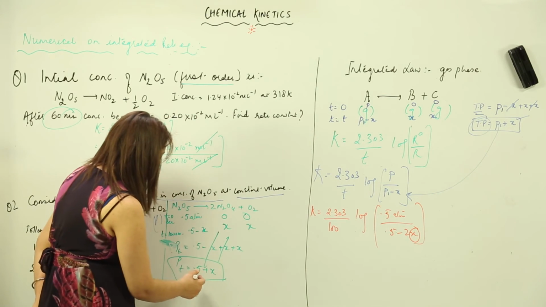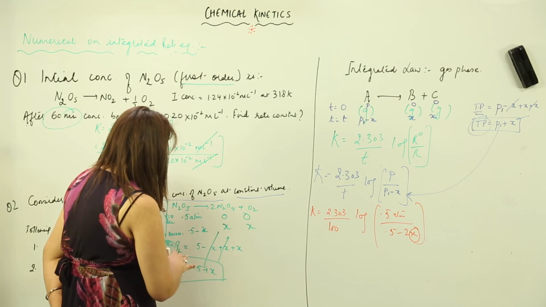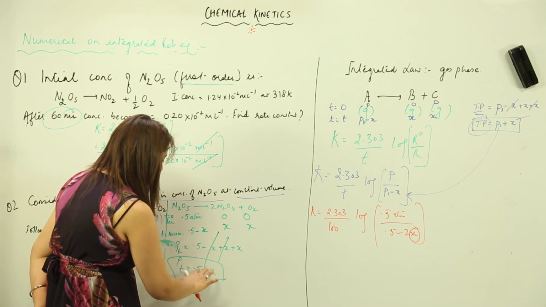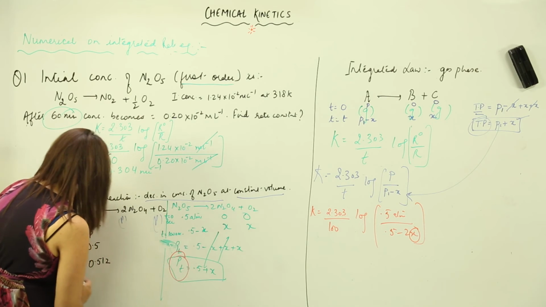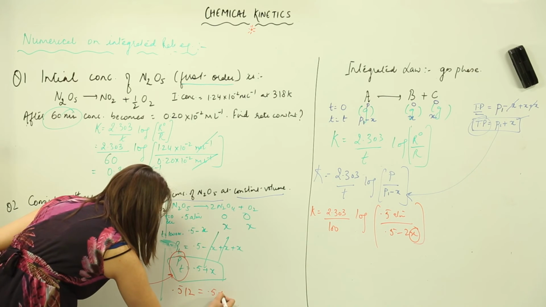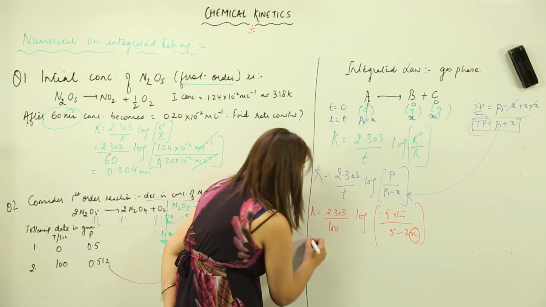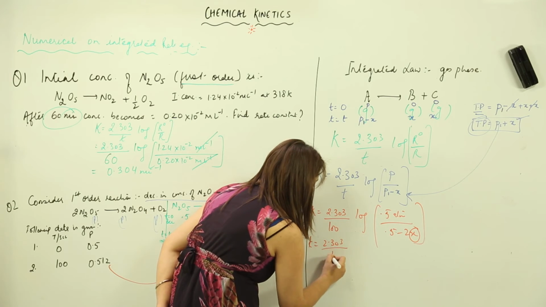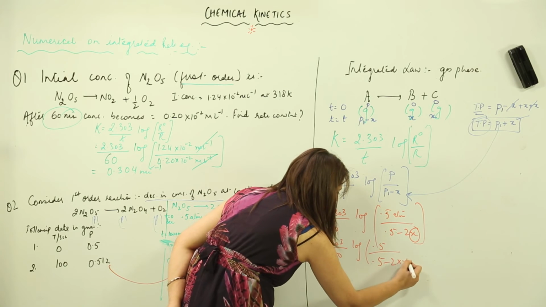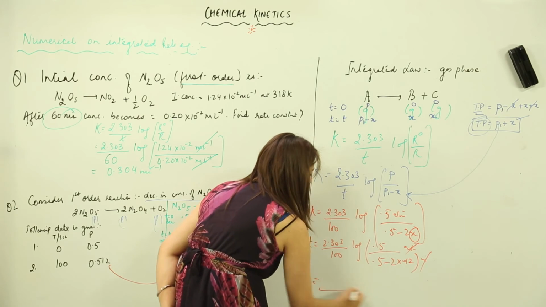Now we have the value for this x also, right. When we just solved it, what value did we get? Just look at the board. We got 0.5 is equal to 0.5 minus this x, and we have the total pressure as 0.512. So 0.512 is equal to 0.5 plus x, and x comes out to be 0.012 atmosphere. So this x I am going to put here. So it is this divided by 100 log 0.5 minus 2 into 0.012. Atmosphere cancels atmosphere, and this is the result you get.